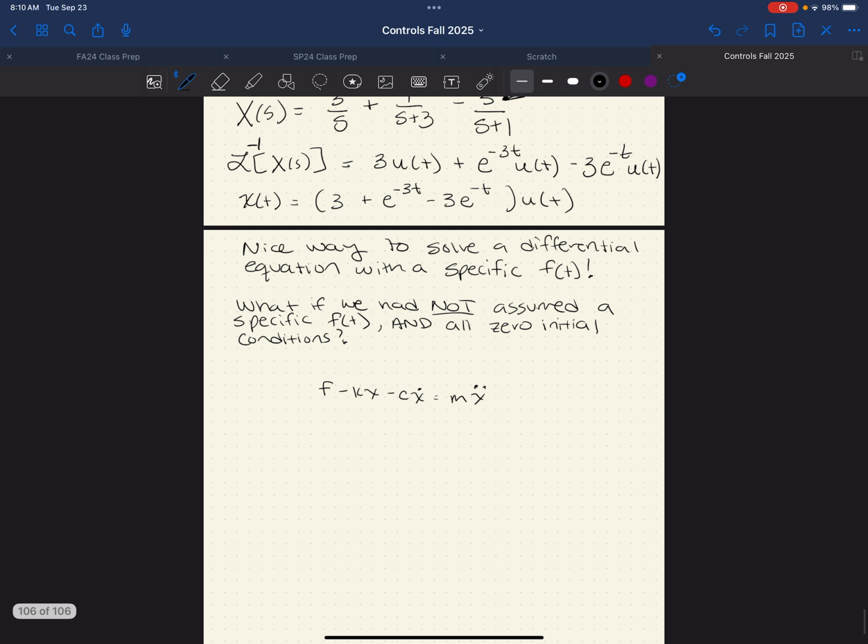If we had left this generic, and we had assumed x of 0 equals 0 and x dot of 0 equals 0,